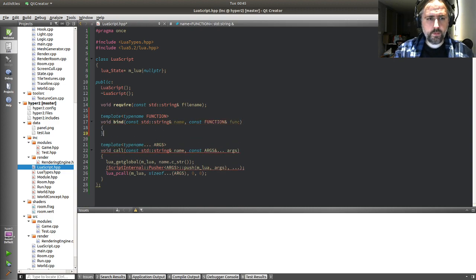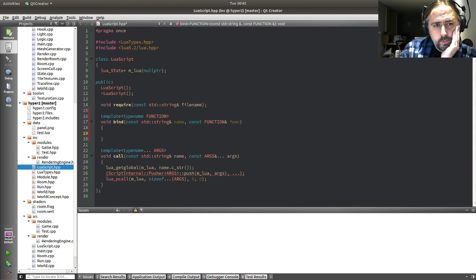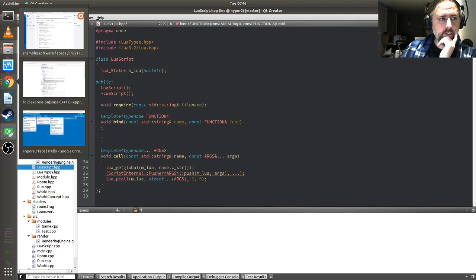Okay, so we've got a function. This is some callable thing, some invocable, but it could be a lambda, it could be a C function pointer, it could be, I don't know, standard bind, I guess. Does that count as an invocable? Maybe. But what we're going to use is